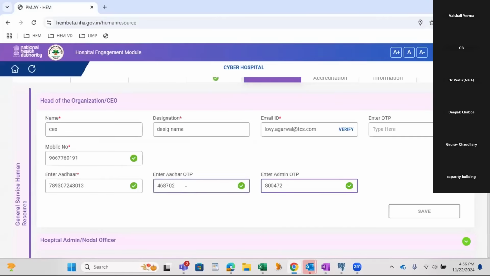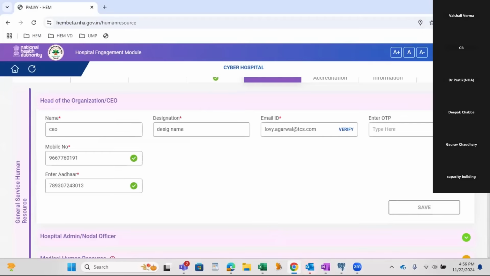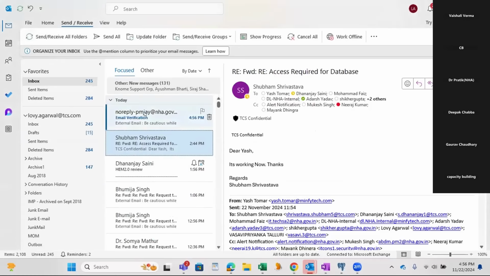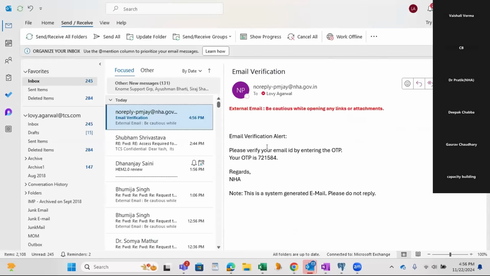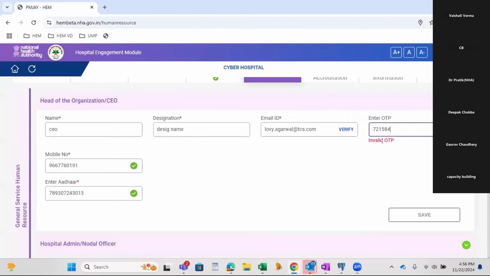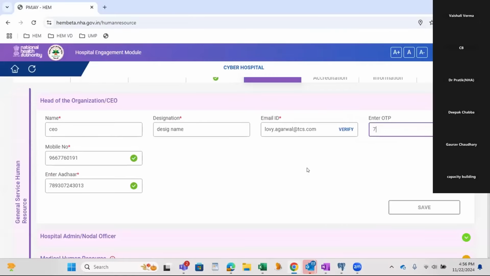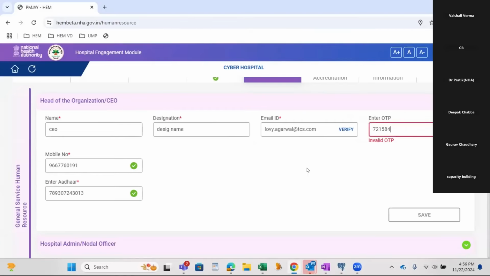So if you can see, this is a two-step OTP verification for Aadhaar, with admin OTP and Aadhaar OTP. Let me check, yeah, I have received this mail also. This is the email verification. I'm entering this OTP as well. 2154. Valid OTP.